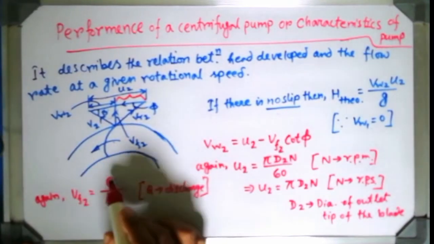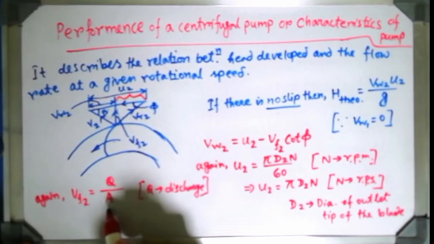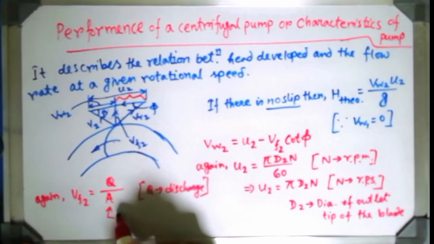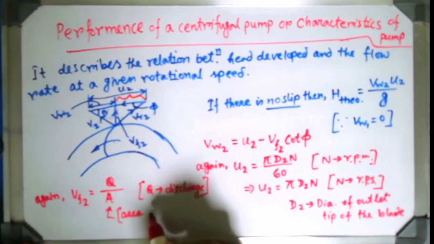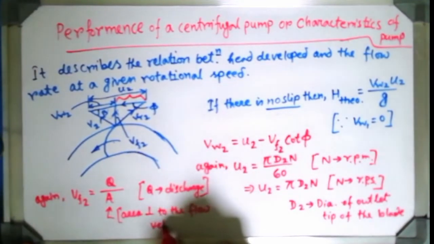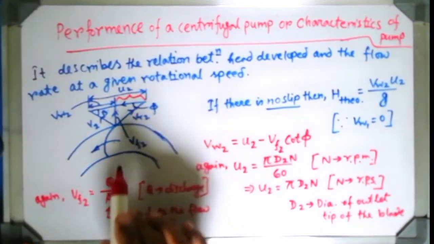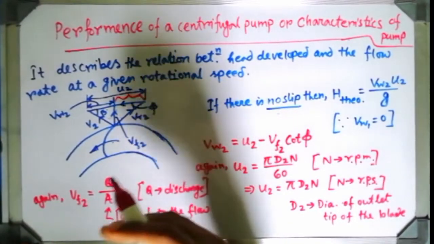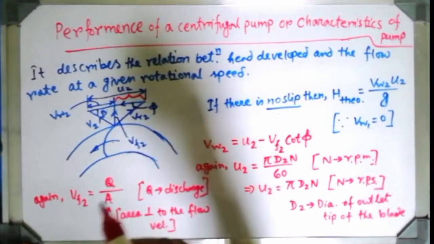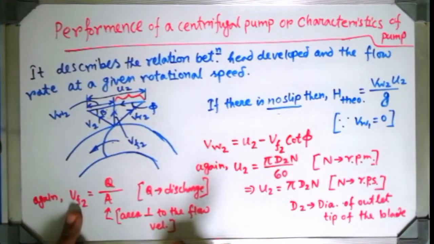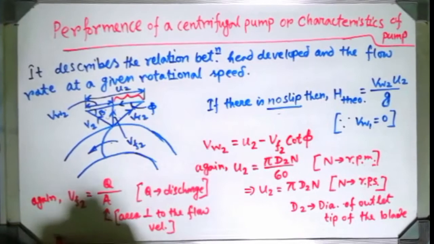So VF2 easily can be written in this format. This area is nothing but the area normal to the flow velocity. This area I am talking about, area perpendicular to the flow velocity. That means if the velocity of flow is occurring axially, then the area I am considering is the normal area, or I can say the area perpendicular to this velocity of flow. So easily I can write this expression,